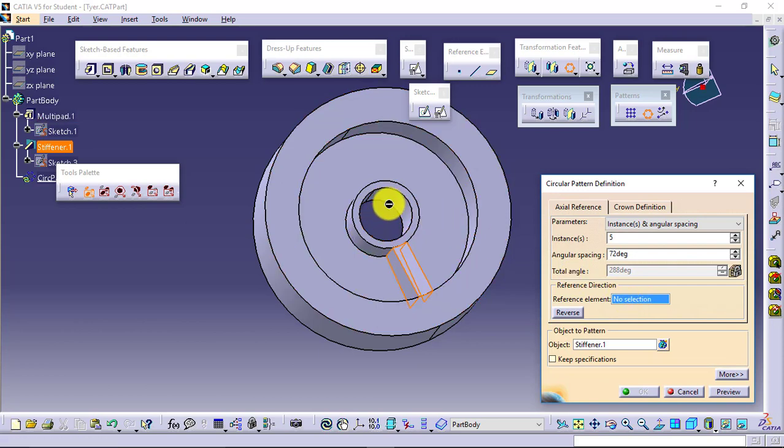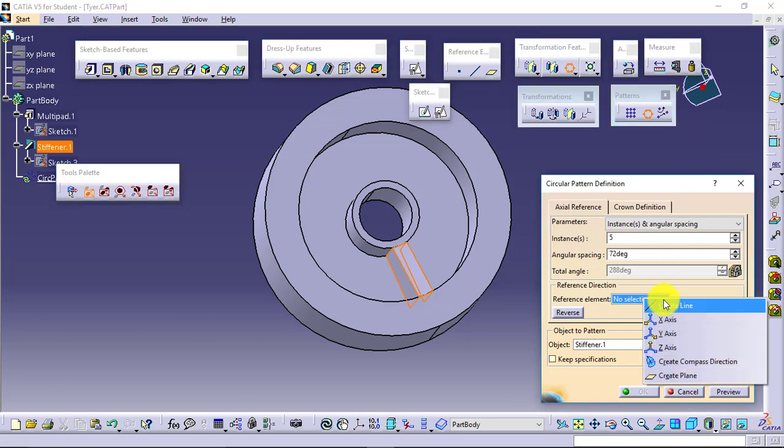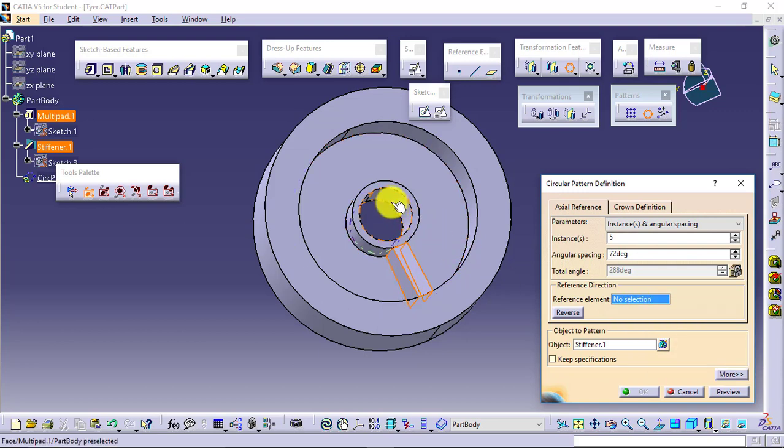So I'll need to select this particular axis, the axis of this. For that I will have to check in the compass which axis it is. It is showing me that it is a Z axis. If not, then I can directly right click over here and select Z axis, or I can select this as well, because this is a circular case. By default it will select the axis only. You can see the result.